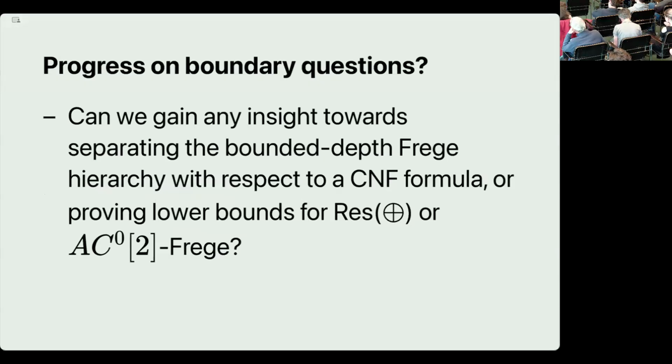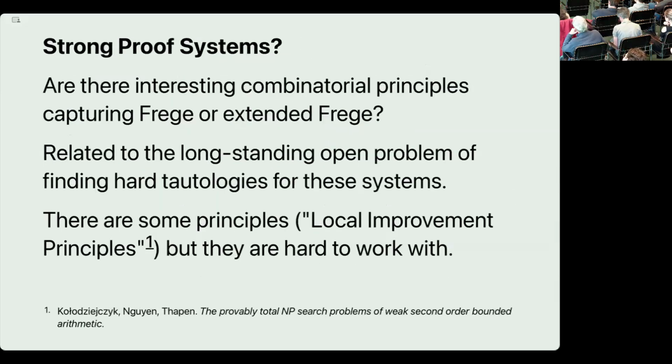So lower bounds on Res(parity), like with the recent regular resolution lower bounds, or AC0 mod 2 Frege, these should have corresponding TFNP subclasses, at least AC0 mod 2 Frege should, because it's certainly closed under decision tree reductions. Res(parity) is not, but you could take its closure, right? And you can ask about these proof systems and see if there's any way of interpreting them in this setting. We can ask about strong proof systems, like can we use this to generate more interesting combinatorial principles for